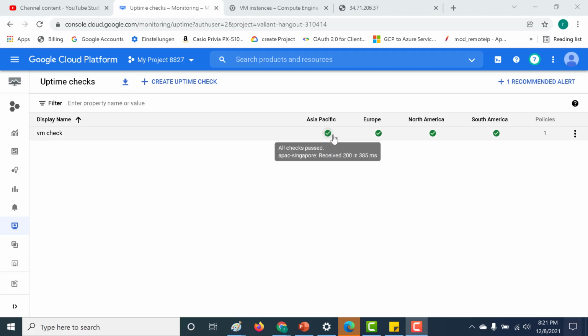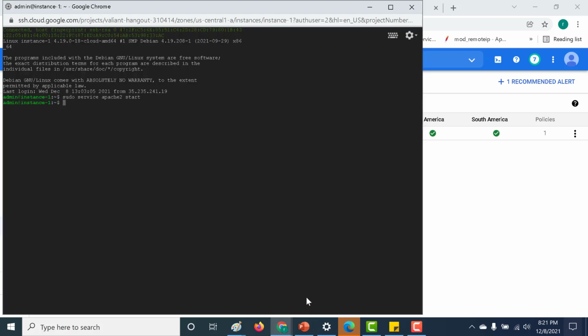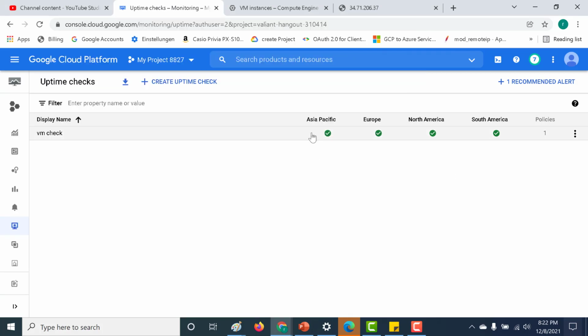So what I need to do now is I need to stop my Apache web server. So again, we'll go back to our SSH console. And what I need to do here is I need to stop my Apache. So I'll run the sudo service Apache stop instead of start. So to start your instance, you need to run this command, and to stop, you just need to run the stop command. Now, these commands I'll give in the description below, so you can just check that out and run it on your own. So let's click on stop, and let's wait for these VM checks to fail. So let's again wait for a few minutes and let's see what happens now.